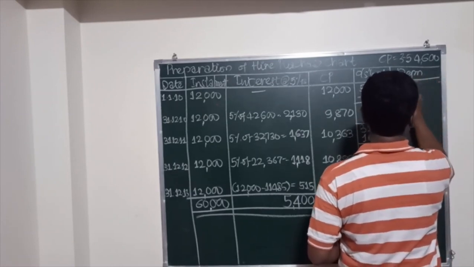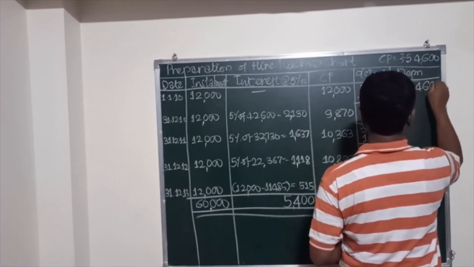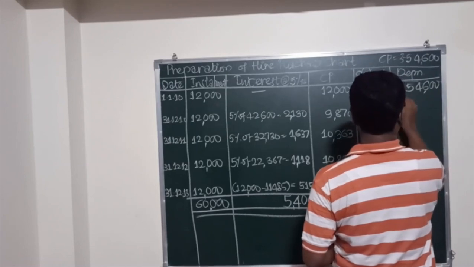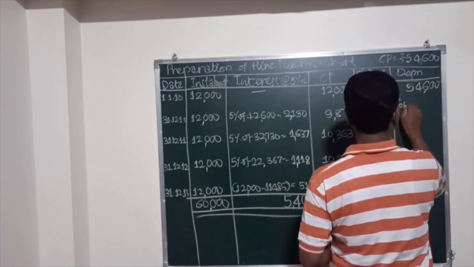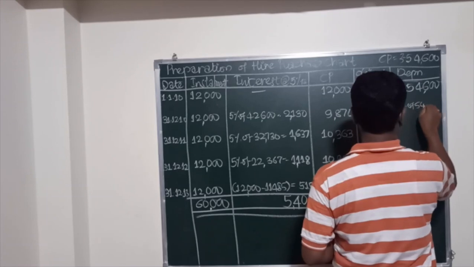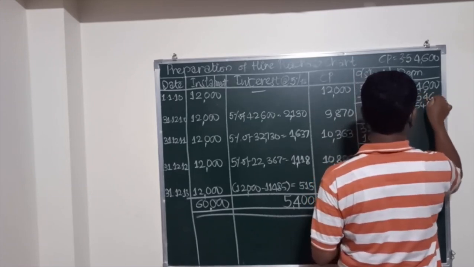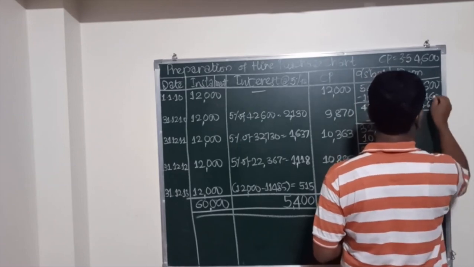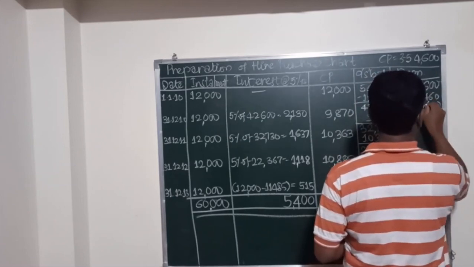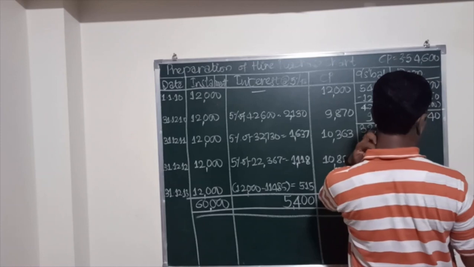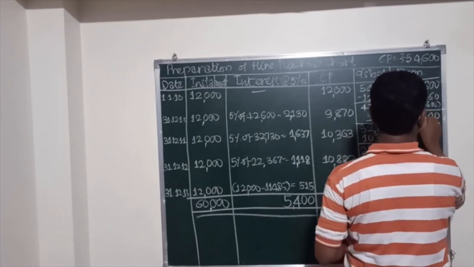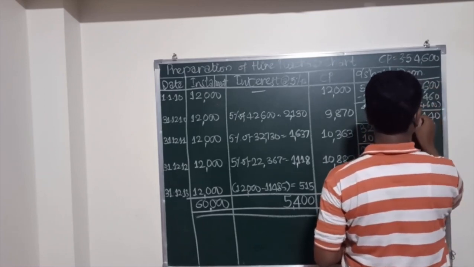So cash price is given as 54,600. So first year depreciation, 10% of 54,600, that comes to 5,460. So when we subtract here, 10 minus 6 is 4, carry 1, 6 minus 5 is 1, 14 minus 5 is 9, so